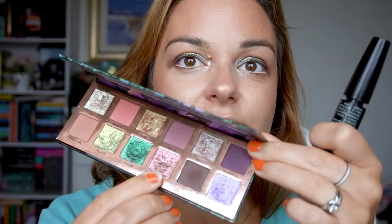I think I'm gonna leave it there. I'm gonna put some mascara on, but I'm kind of liking this look. You know what I didn't do? I didn't go into this Myth shade. I've been trying to figure out how to use this shade and I still didn't go into it. Isn't that crazy? Maybe I can go into it under my eyes,